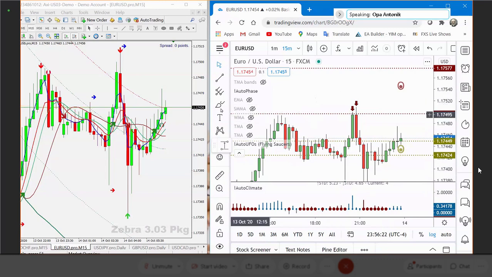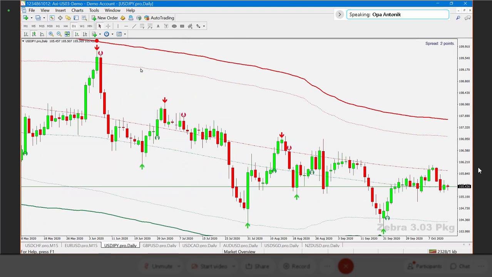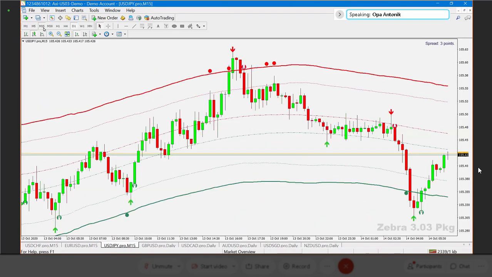So it doesn't look like there's much opportunity here right now. Let's go ahead and open this up. Again, we're looking at the daily, nothing on the daily. Come down to the 15-minute. Earlier today, we would have had some nice trading down in here. You can see this. We got the dot, we got the arrow,